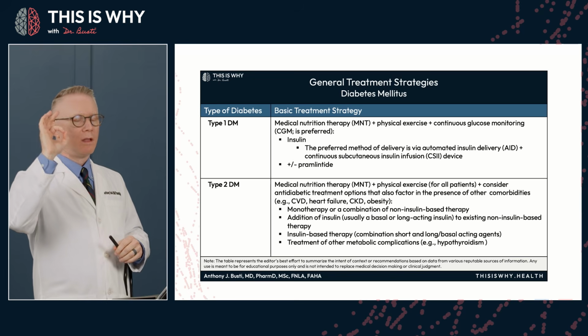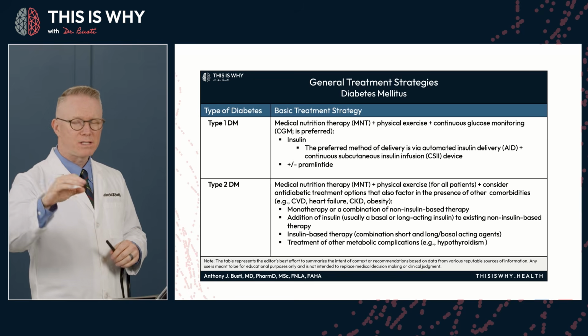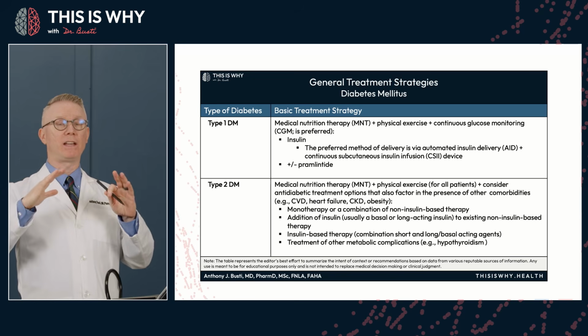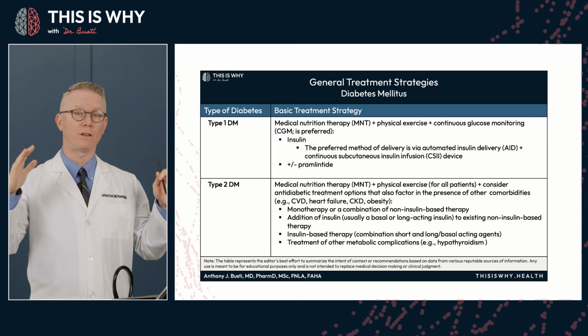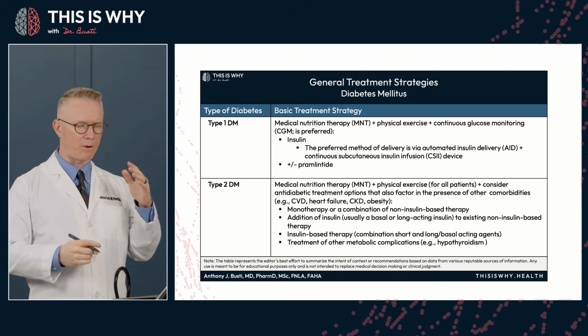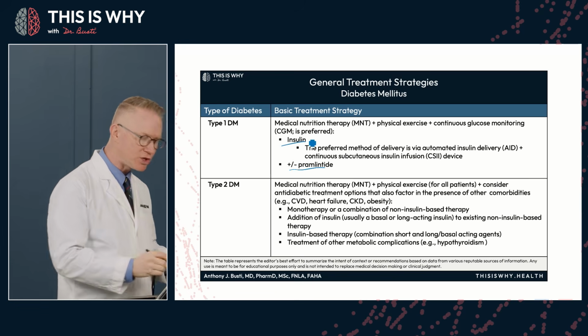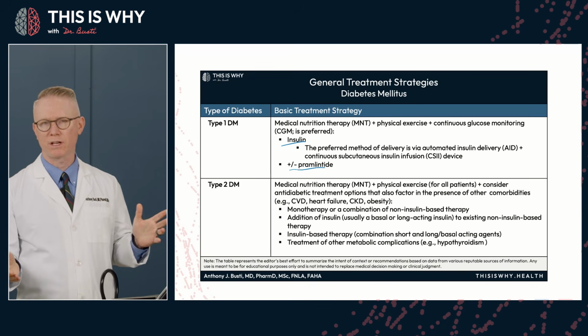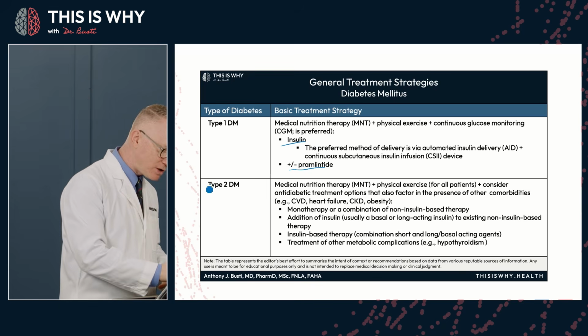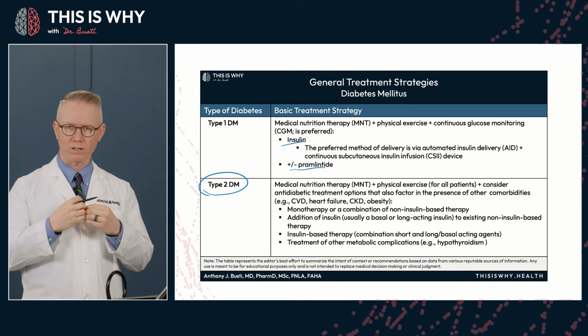Now, this table is meant to just be a generic overview of the approach to management. So type 1 patients obviously need insulin plus or minus pramlintide, and this is in conjunction with medical nutrition therapy and exercise, of course. Type 2 patients, which is where we are focused,